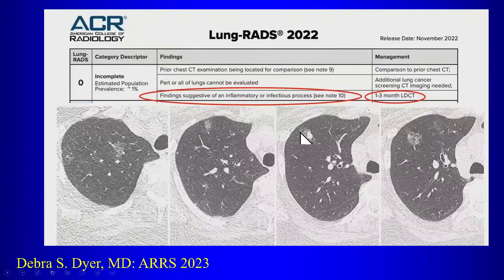Okay? So here's an example of the inflammatory stuff. So here's a patient who had these ground glass opacities. This one looks a little worrisome, has maybe a solid component here. Gee, what's going on? But really you get the impression that maybe there's something inflammatory going on. You bring the patient back in a couple months, and this gets better, right? You see that now it's purely ground glass there. So that's how you can use the score of 0. If you think these abnormalities are inflammatory, rather than get the patient involved in a whole kind of workup, let's just bring him back in 1 to 3 months and see if these get better, right? That's a score of 0.